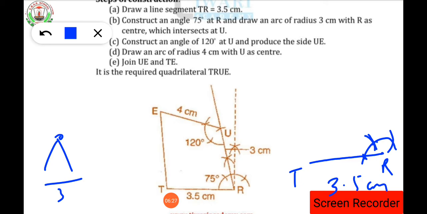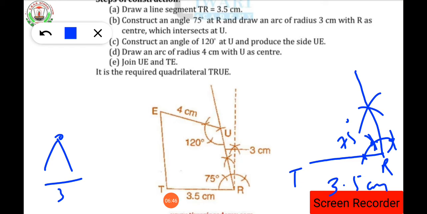This one is a 60 degree, this one is a 90 degree arc somewhere. Then with the help of that, keeping the needle here, draw one arc, again keeping the needle, one arc, you will get an intersection point like this. So that intersection point you will get R as 75 degree. Clear up to here?